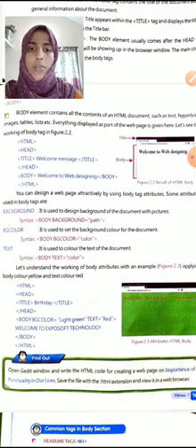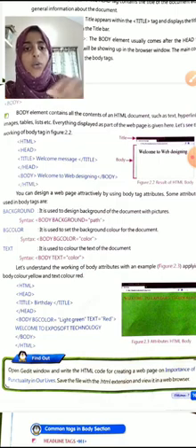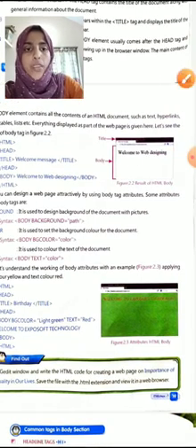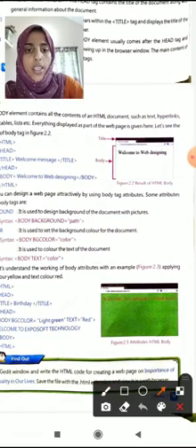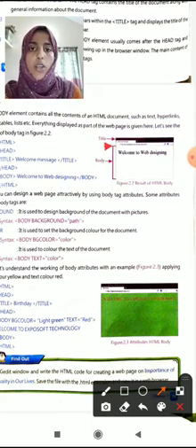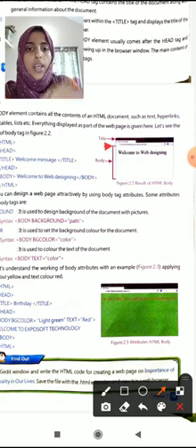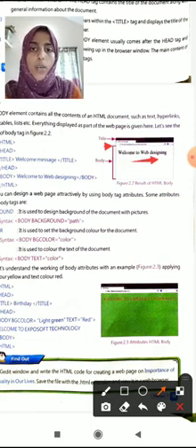Then the welcome message is the title of the web page. Then body, welcome to web designing. Then </body>. Now you can see the output of this code here. The title is displayed on the title bar of the web browser window, and in the body, the text welcome to web designing is the body